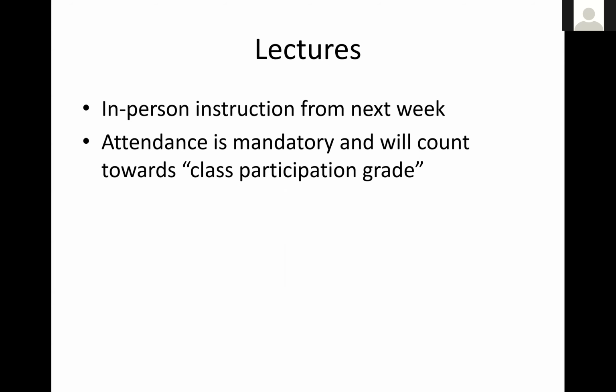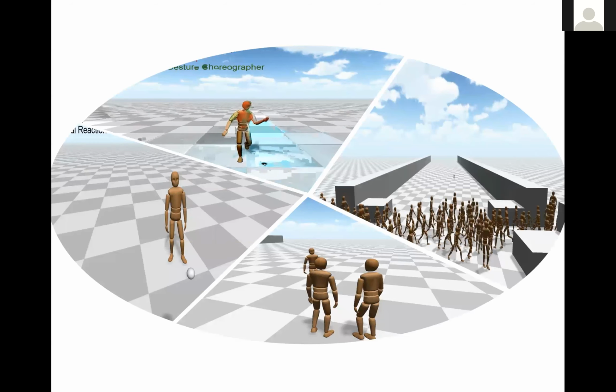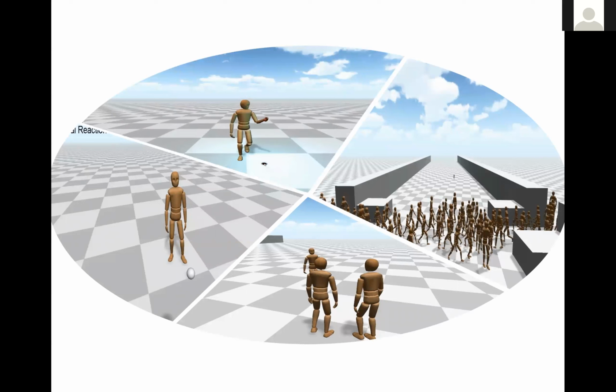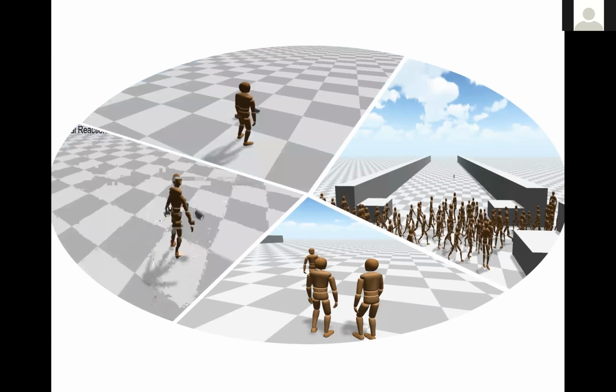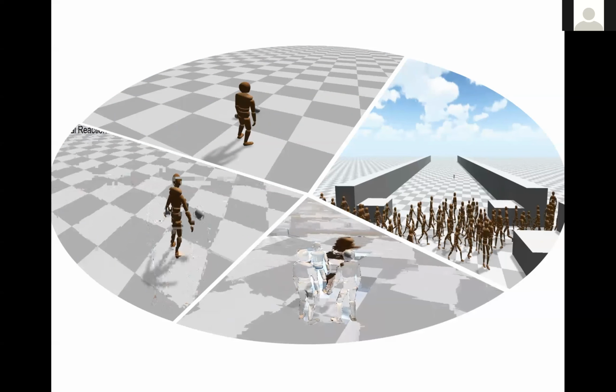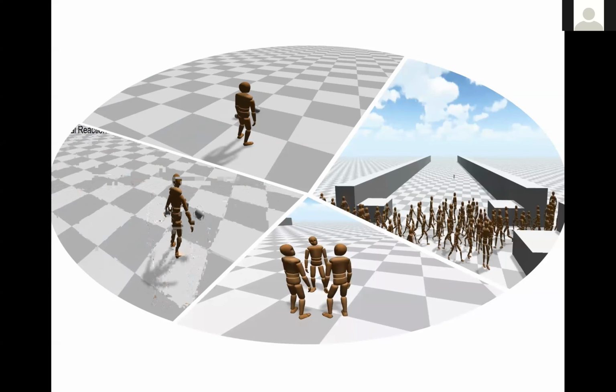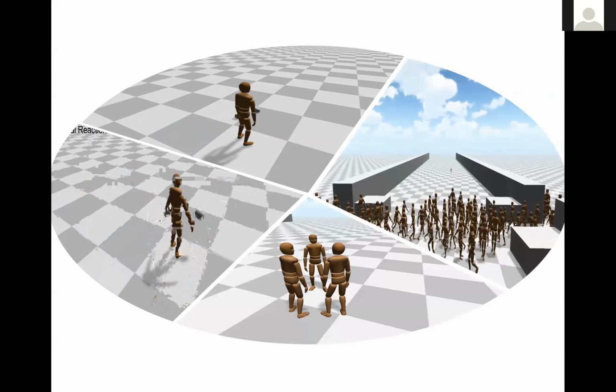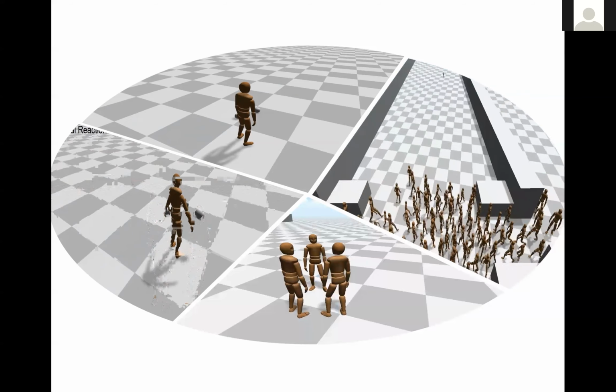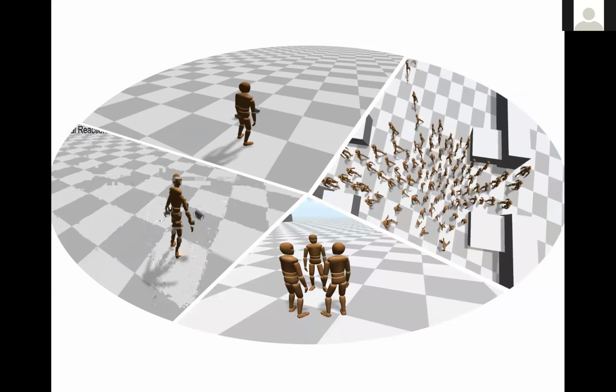That brings me to the fun part of today's lecture. Today we will be talking about autonomous virtual humans, digital humans. Hopefully that's a term or a buzzword that you have increasingly started hearing, with everything that's going on in the development of the metaverse. Digital human reconstruction has become an extremely exciting and hot topic. Hopefully I don't have to motivate this.